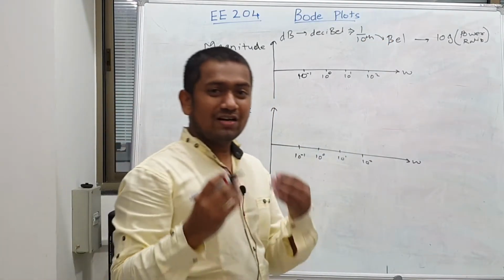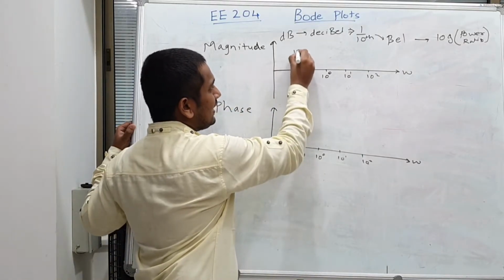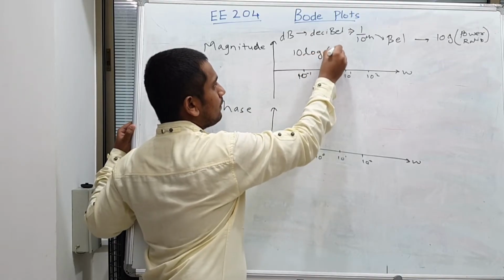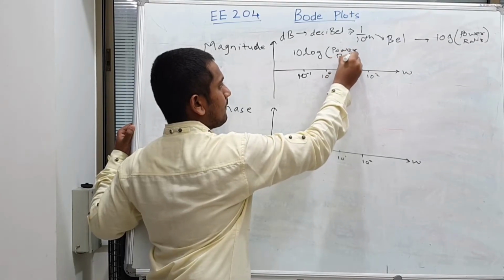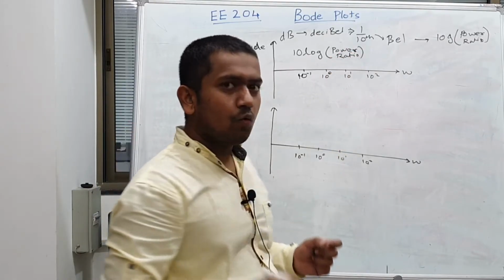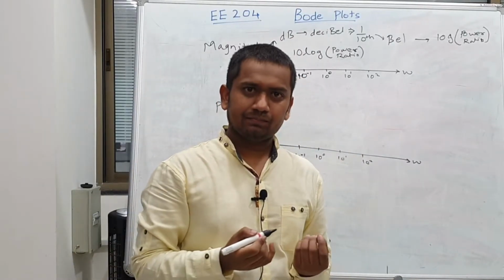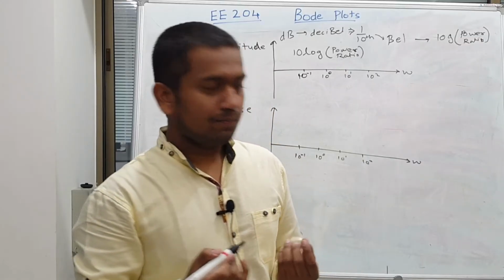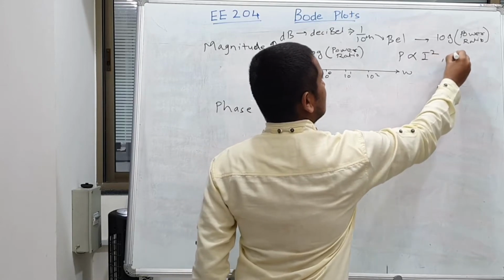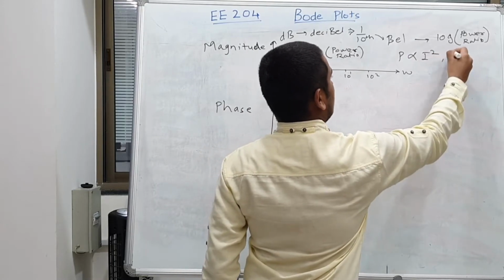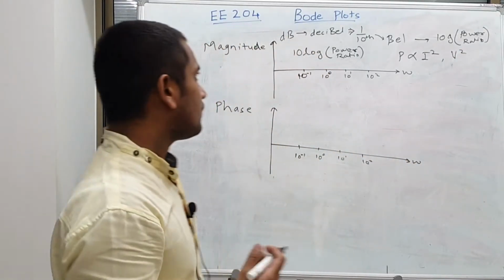Whenever we want to convert the ratio of power in dB, we will always apply 10 log of power ratio. While dealing with electrical signals, we always look at a voltage gain, current gain, while power has a relation with current and voltage as shown here. Power is proportional to square of a current and a square of a voltage.